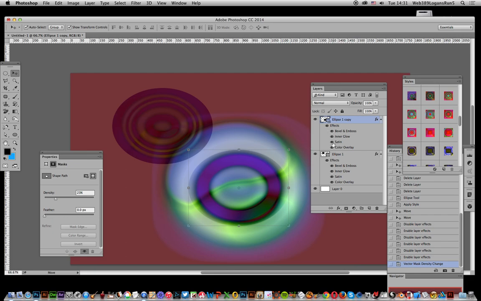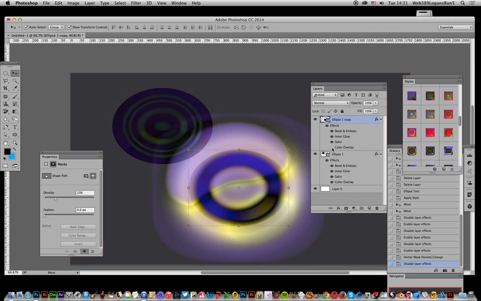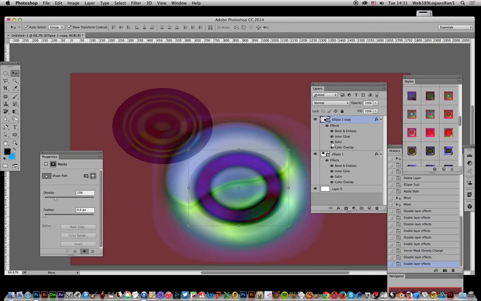Now if you go over here and modify these settings again, you can get rid of the colour overlay and change that, so you can see that that has an effect. Satin, very little actually in that. Inner glow